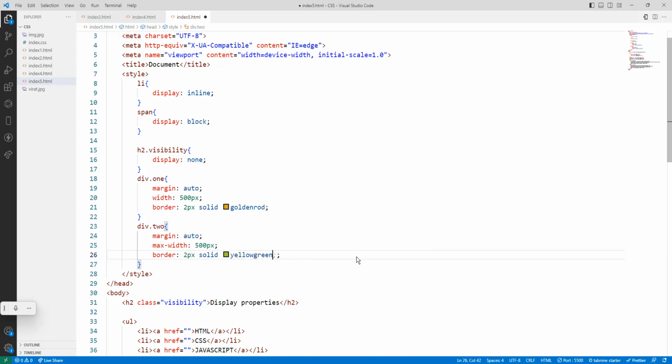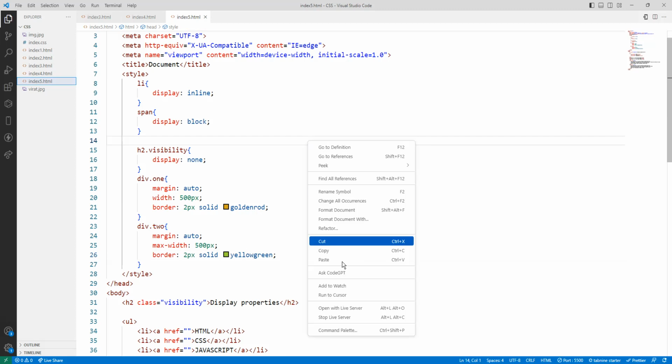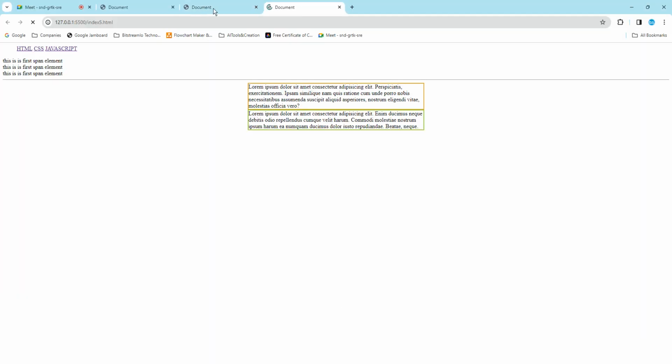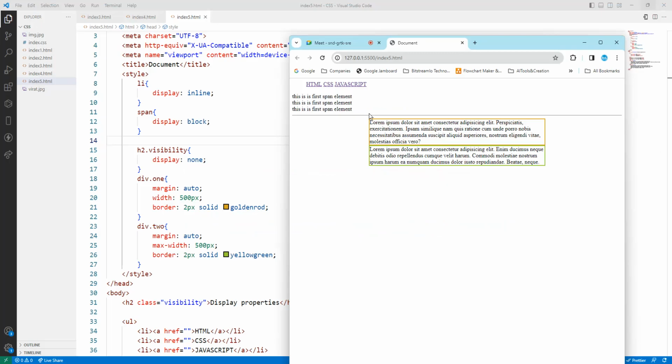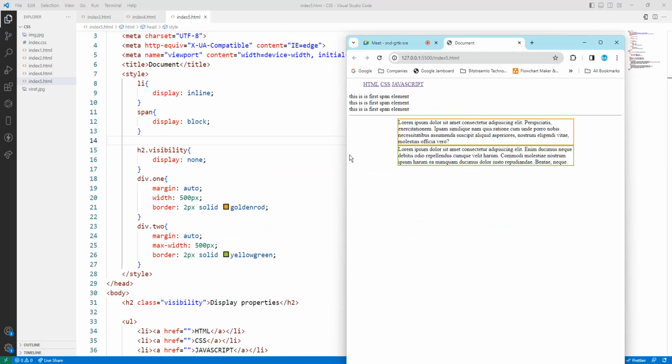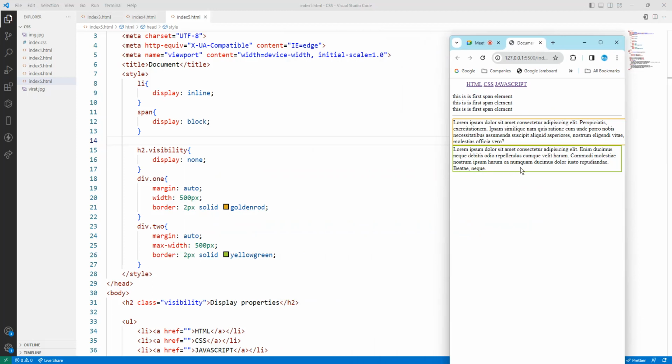Control S. If I just go here, open with the live server one more time, just close this one. Have you seen any difference? No. You will see the difference now. See, for the second div, I used a max width and it is fitting for all the screens. But here where the width of 500 is used, a cut is happening. If you want to see it one more time,